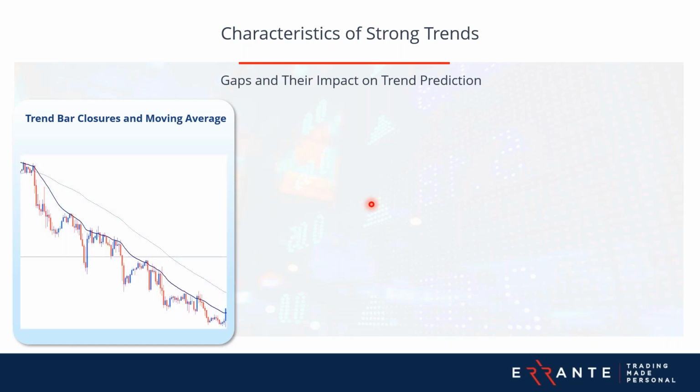So let's start with trend bar closures and moving averages. We can have a good comparison between these elements, the candlesticks, and also a trading indicator like the moving average, to measure, let's say, the strength of a trend. A compelling indicator of a strong trend is when price bars consistently close on one side of the moving average without any consecutive closes on the opposite side. This behavior signals that the trend has a robust